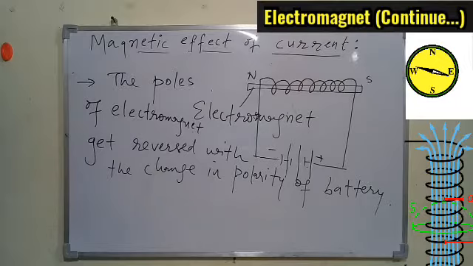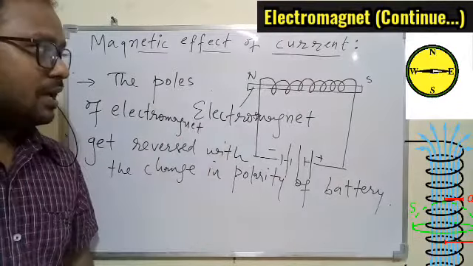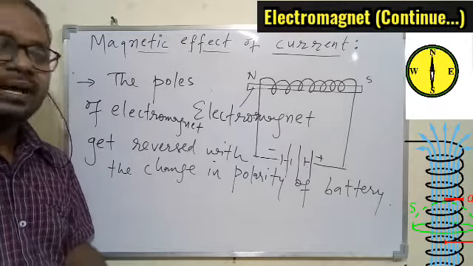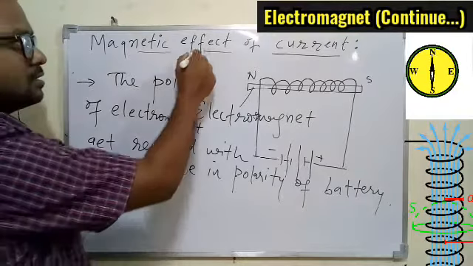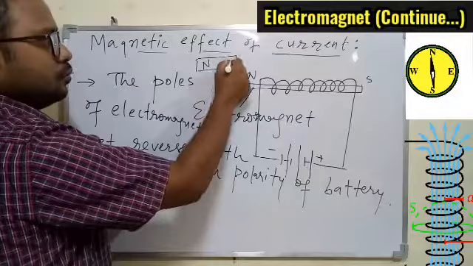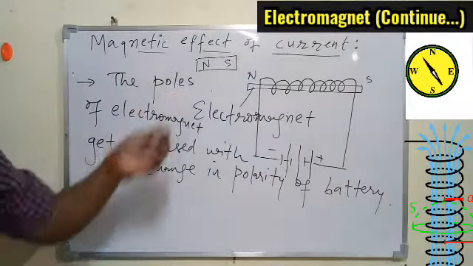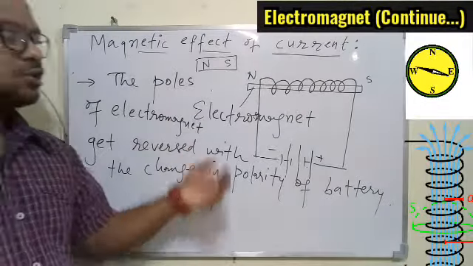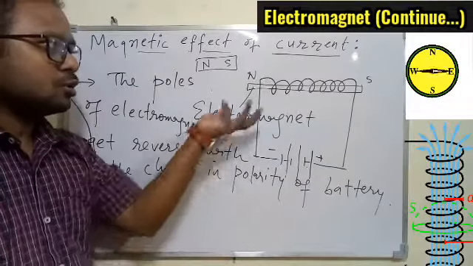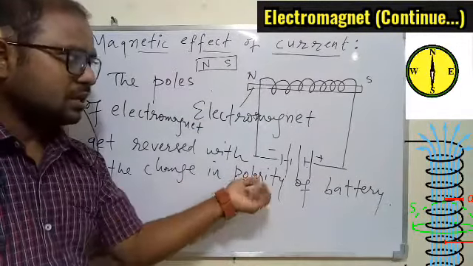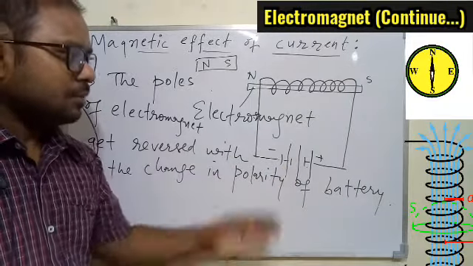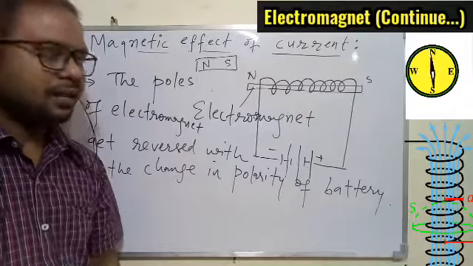So that is one basic difference we have between the electromagnet and the normal magnet. So the bar magnet that we have, if you have a bar magnet, it will have a north and the south pole, and the north will remain north and the south will remain south pole. We cannot change it. But with the electromagnet, it is possible to change the poles of a given magnet just by changing the direction of the current, that is by changing the polarity of the battery, positive and negative.